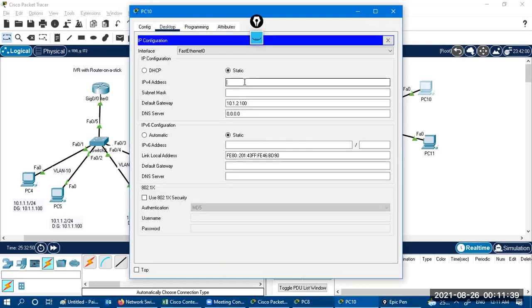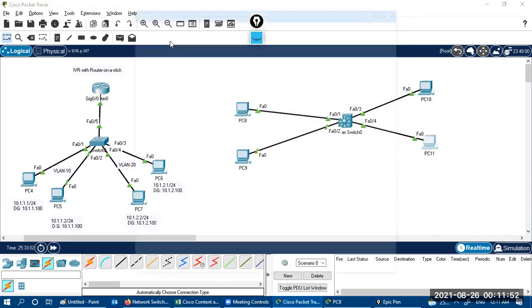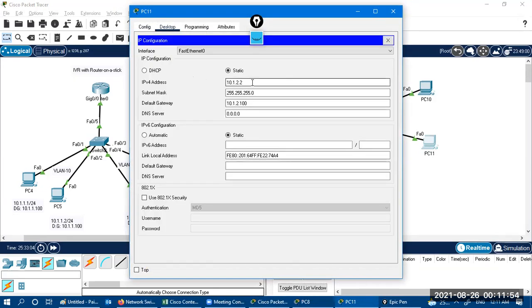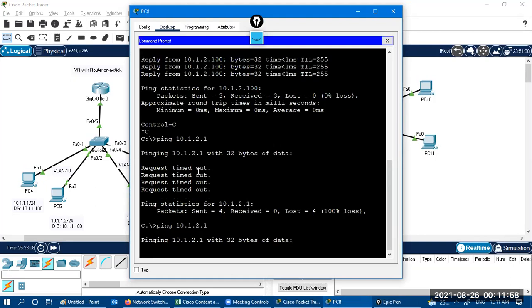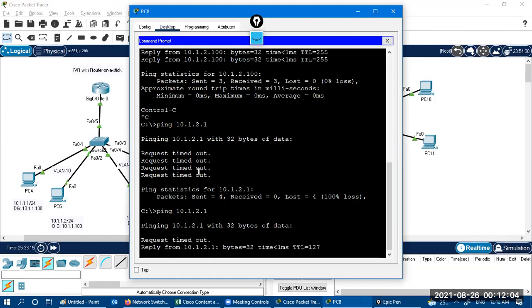Okay, I'm so sorry, IPs are not there. 10.1.2.1 255.255.255.0, 10.1.2.100. Perfect. So I think first packet will be dropped, then it will be a perfect communication between them.